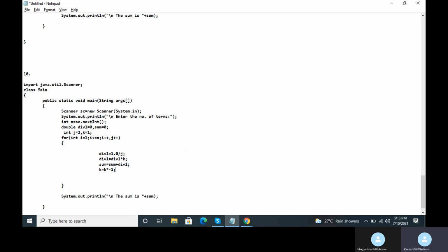And sum -1/3, बरोबर ना? Sum -1/3, it will be in this statement now, because see, what will happen each time the loop runs, Riya, we are calculating the value of division variable, that is 1/j. Then we are multiplying the current value of division variable with k. So initially when j is 2, the sign of the division result remains positive because k is 1. Now after that what happens? Now the sign of k has changed, Riya. Clear?